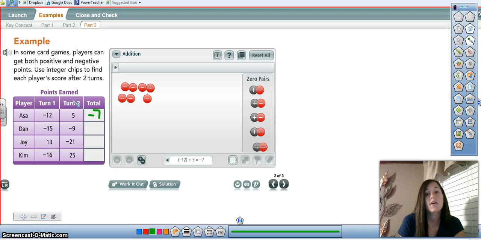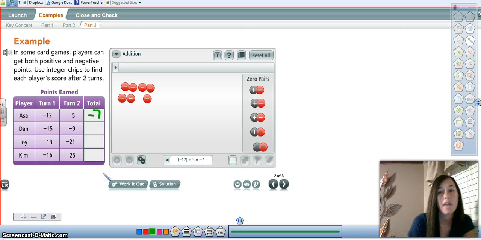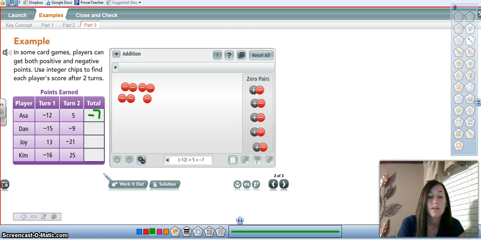Now, you could continue to use this tool, the integer chips, to solve your problems, or you could even do another way of adding integers. We've learned how to use a number line, we've learned how to use integer chips, and now I'm going to show you a third method. Now before I do, I want to say that even if you don't have this tool, you can still draw the integer chips. Like for Asa, you would just draw